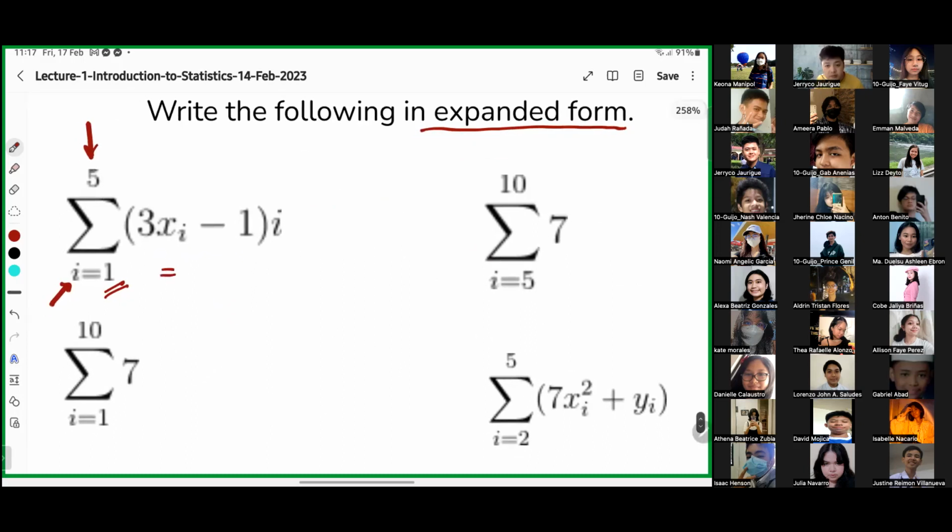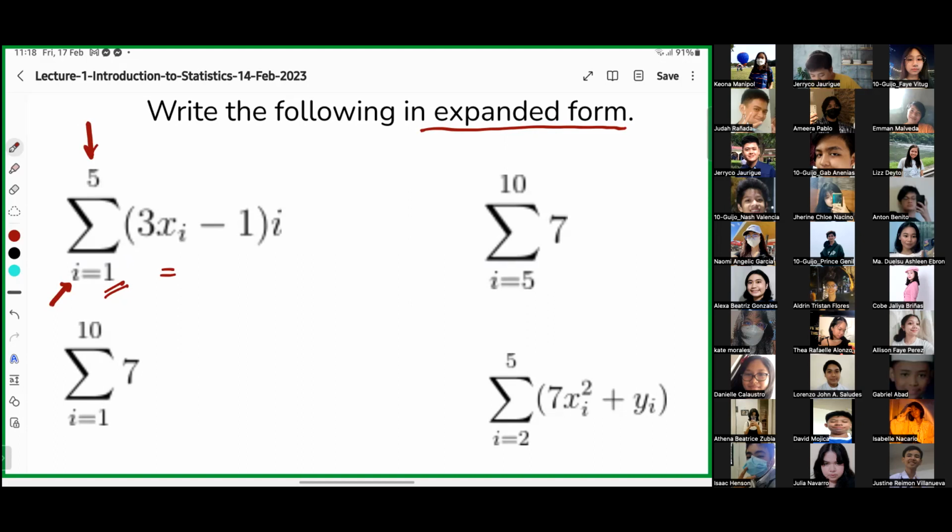Any volunteer? Or tuloy ba natin yung pagtawag natin? Sino yung last na sumagot? Si Allison? Allison, sino gusto mong sumagot for number 1? Si Alexa po. Alright, go Alexa. Friends pa rin kayo next week. Where's Alexa? Hello po. Go Alexa, go. Kaya mo yan. Ano po ulit yung gagawin?